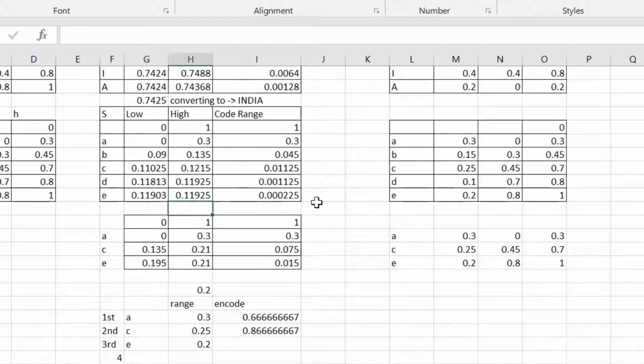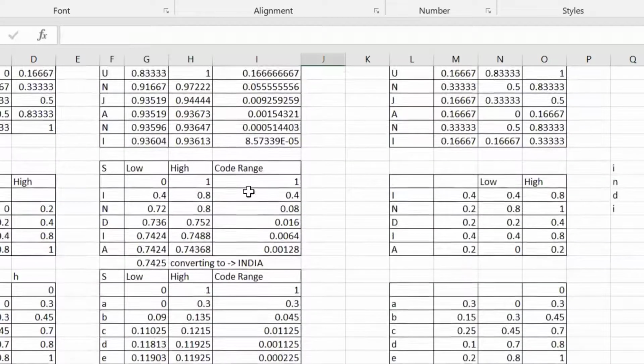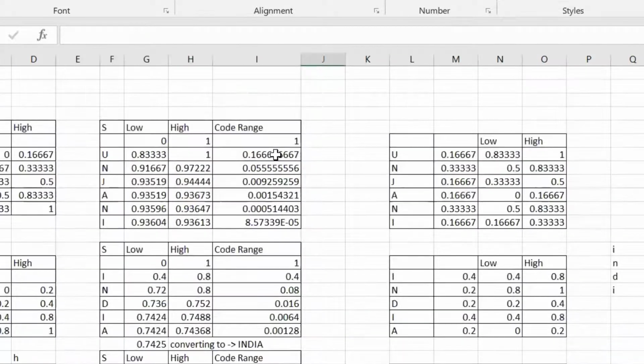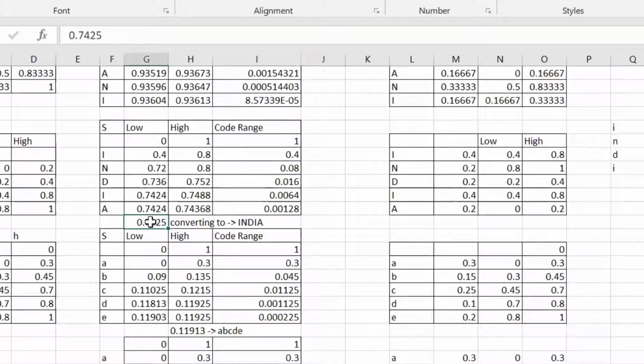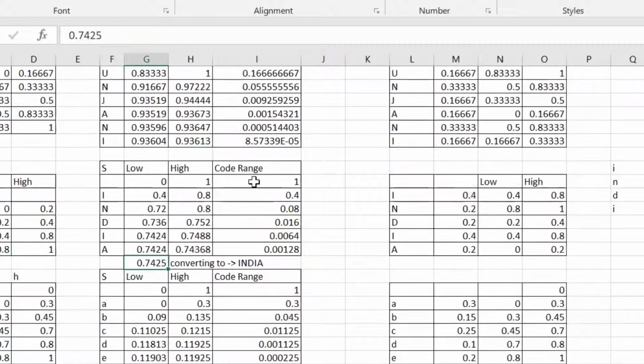For example, if I decode this number, that will be A, B, C, D, E. How do we decode this number into the original symbols?